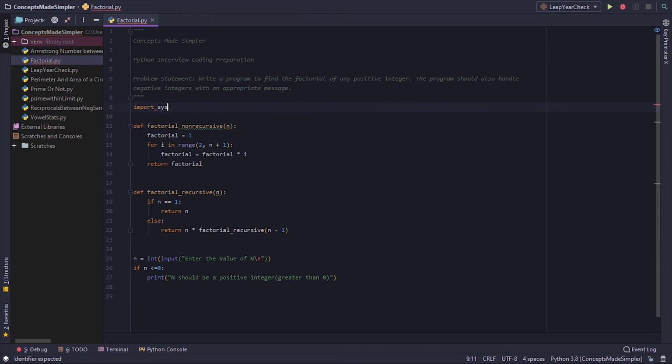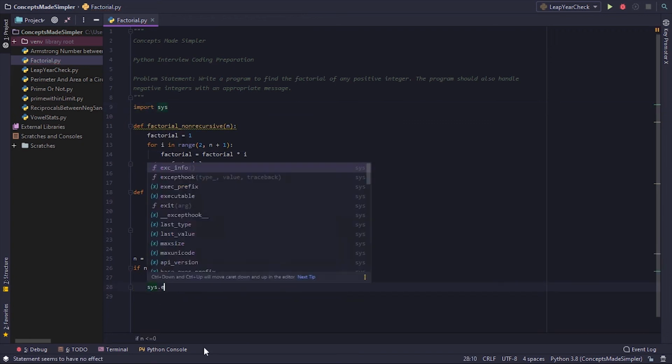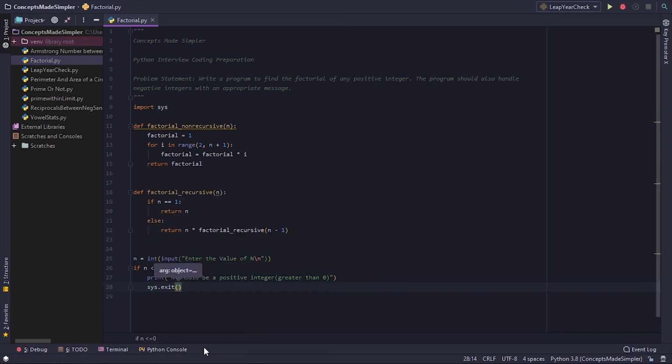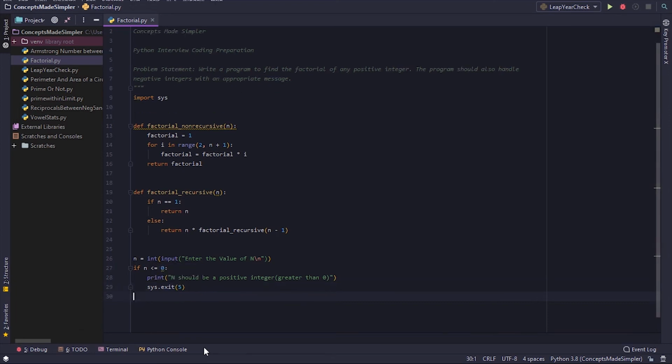Import sys, yeah, and let's just give sys dot exit, and let's give an exit value greater than 1 because 1 stands for success. So let's give say 5. So it will exit with the value of 5, and otherwise if n is a positive integer, in that case